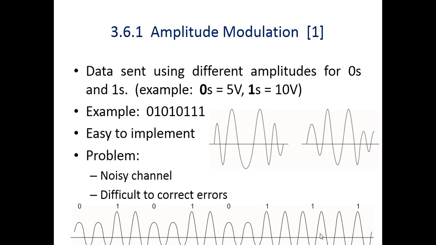The advantage of this mechanism is that it is easy to implement, but this technique has drawbacks. If the channel is very noisy, then it becomes a very complex task to detect or correct an error during the data transmission. Say, for example, this is the original data transmission. After transmission, this data has noise, so this is the resultant output of the data with the noise.